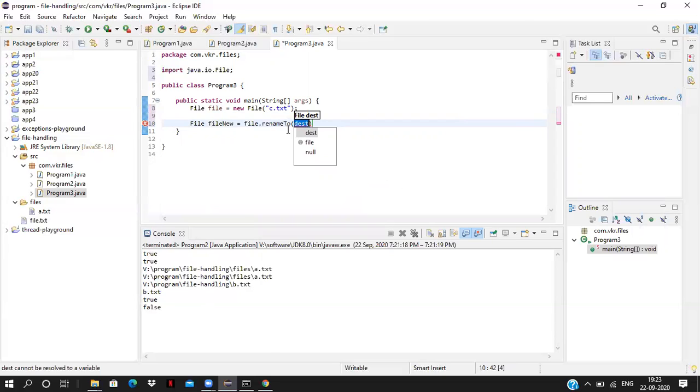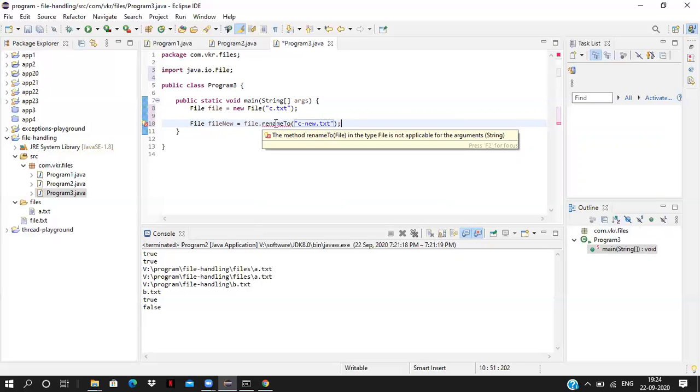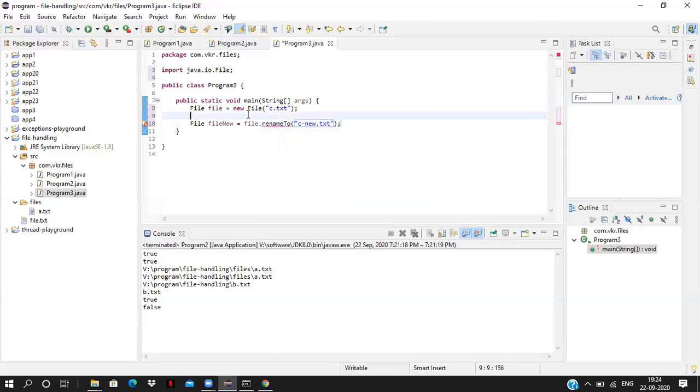Rename of cnew.txt. If you go here, this rename function, it's not applicable for the